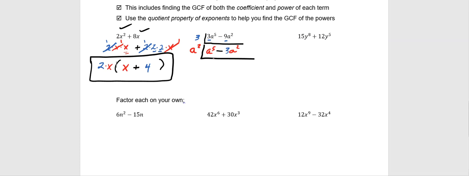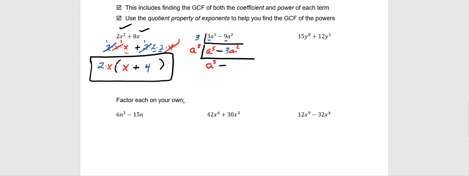Now this is where your quotient rules come in. That's another important thing. Think about the exponent rules we learned. By factoring, we're simply saying a to the fifth divided by a squared, and we know in that case, all that we do is subtract the exponents. So I get a to the third. So a to the fifth, factoring a squared out, dividing by a squared gives me a to the third,